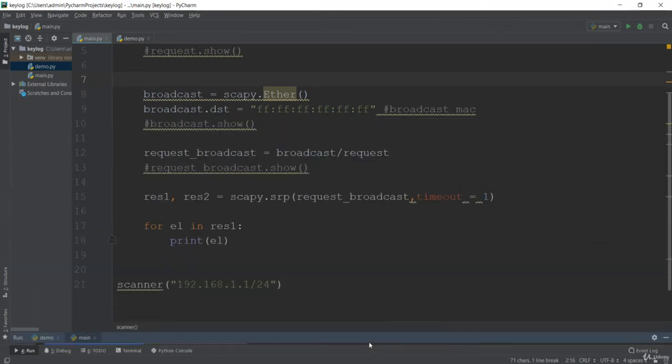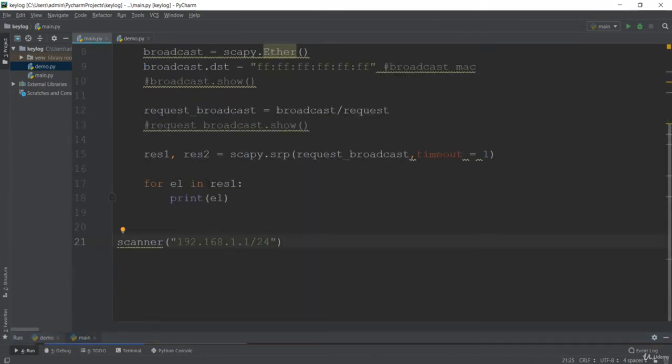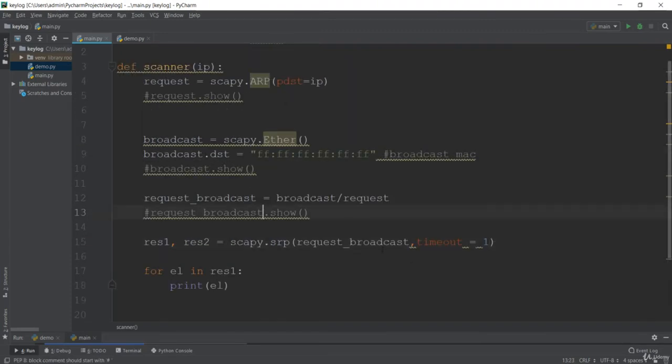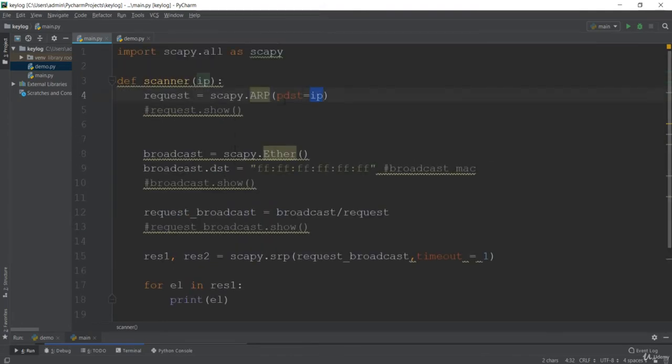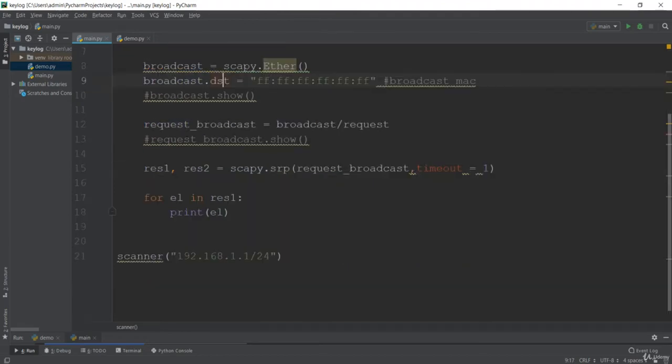So you could see the clear code over here, that is we are getting the response from this SRP, and that is on the timeout 1. We are just sending this packet of request broadcast. Just remember that PDST was to show the IP address. This is important, and basically we made this ARP request packet with this broadcast MAC,